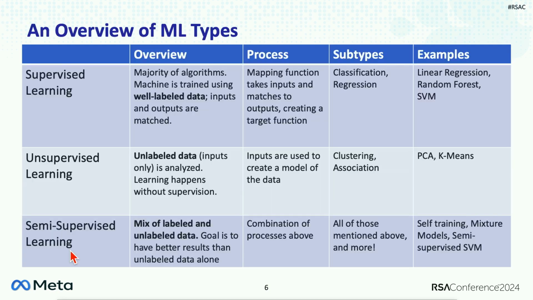These are the three different types of machine learning that we'll be talking about today. We'll be sticking to traditional machine learning algorithms, so no large language models here, sorry to disappoint. In the supervised learning space, this is generally what you'll think about when you consider a traditional machine learning-based detection. These are the majority of your algorithms, and you generally assume that you need a well-labeled input. In this case, we would want our behavioral profiles or our aggregations to correspond to the true positive status for an incident.